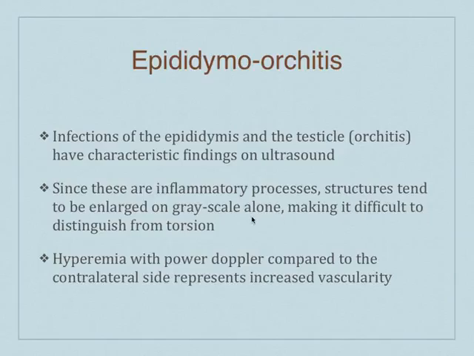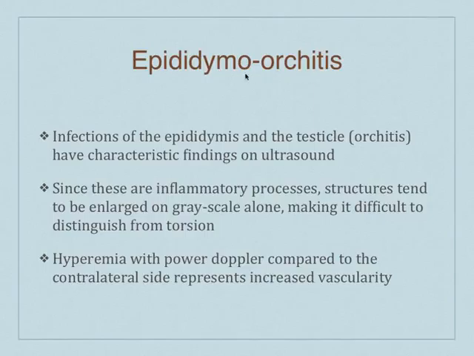And because these are inflammatory processes, structures tend to be enlarged and hyperechoic on the grayscale alone, which can sometimes be difficult to differentiate from torsion, or twisting of the structure on its own blood supply. Later in the year, we're going to talk a lot more about torsion, but for now, we're focused on the infection or hyperemia. And the "itis" you see here in the word is